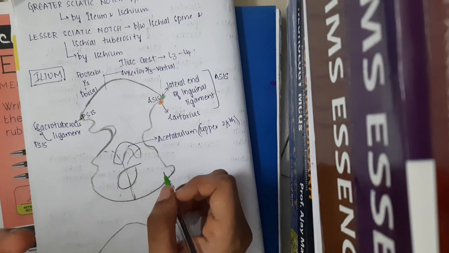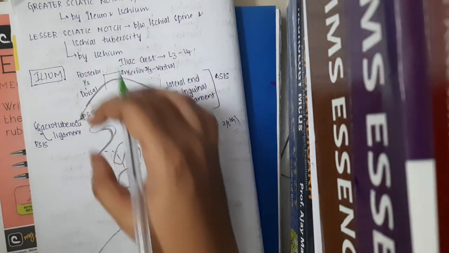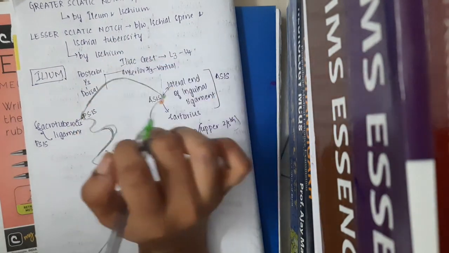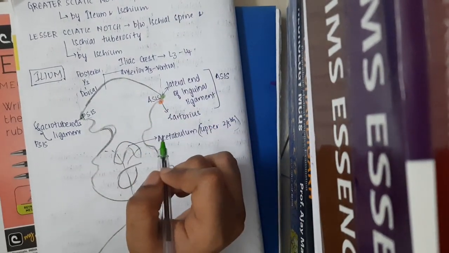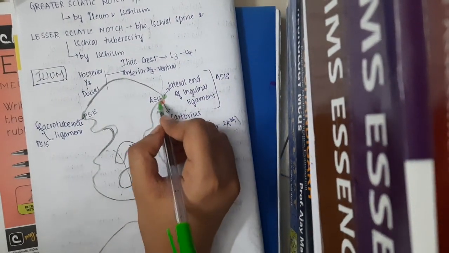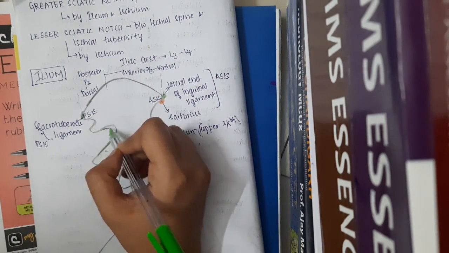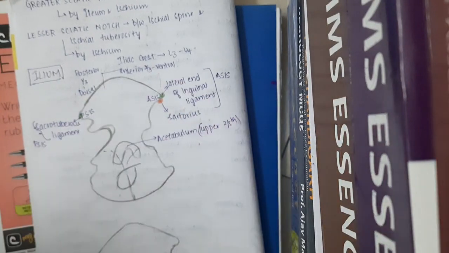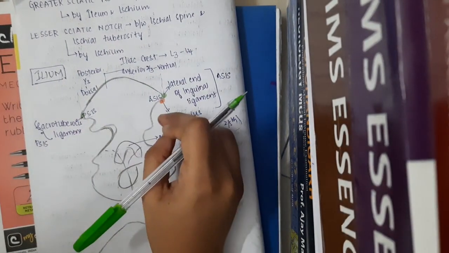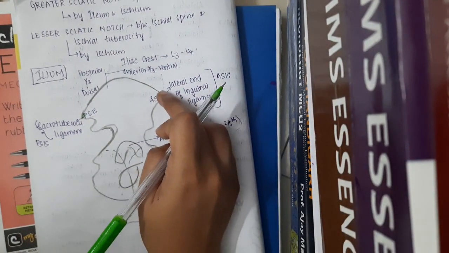So these are two surfaces, two ends actually. You have the upper end, you have the lower end. Upper end you have iliac crest and its muscles. Lower end you have this. Now about the borders of ilium. Borders, you have anterior border, you have posterior border. Okay, and then you have iliac crest obviously. Okay, so in the anterior border you have anterior superior iliac spine.